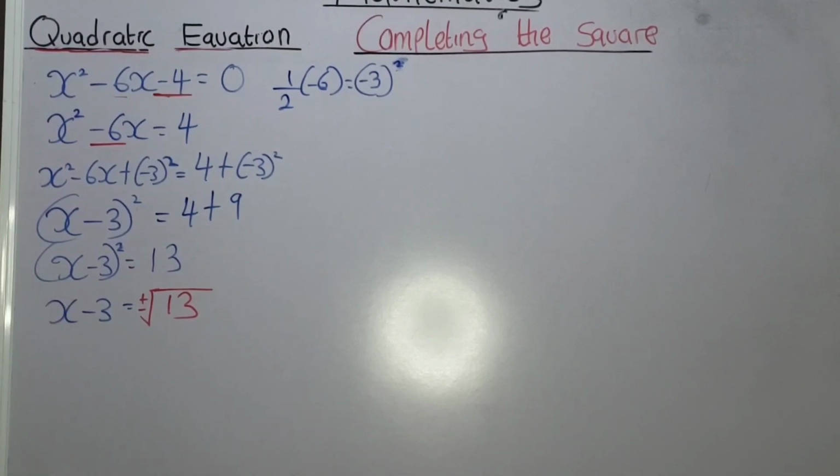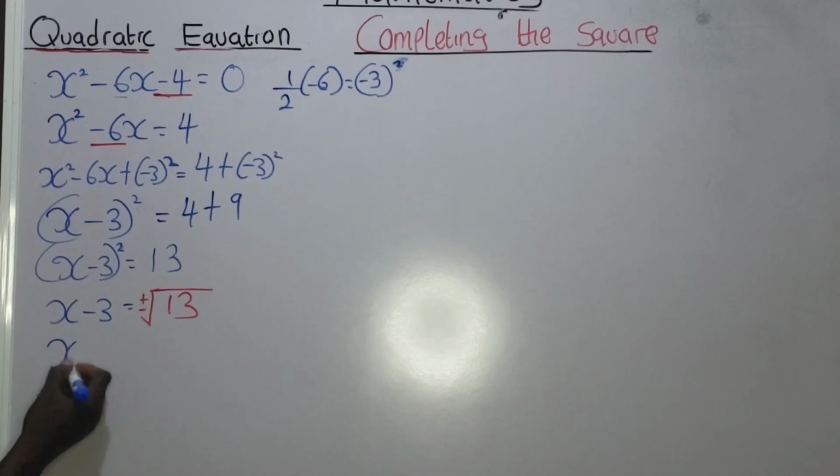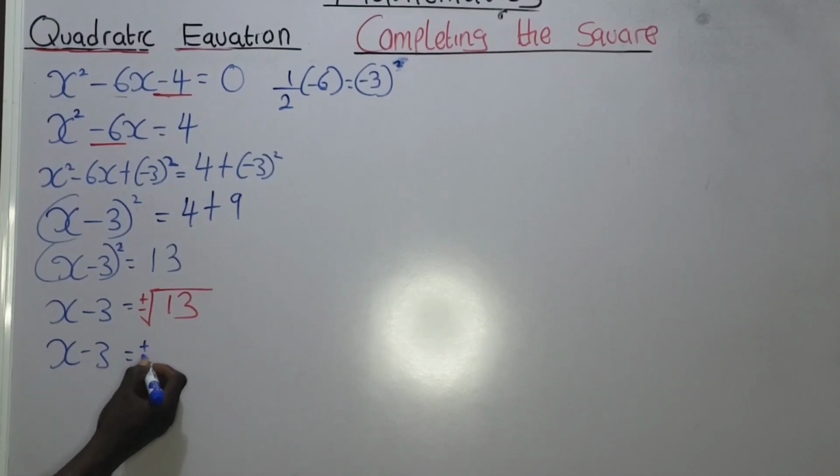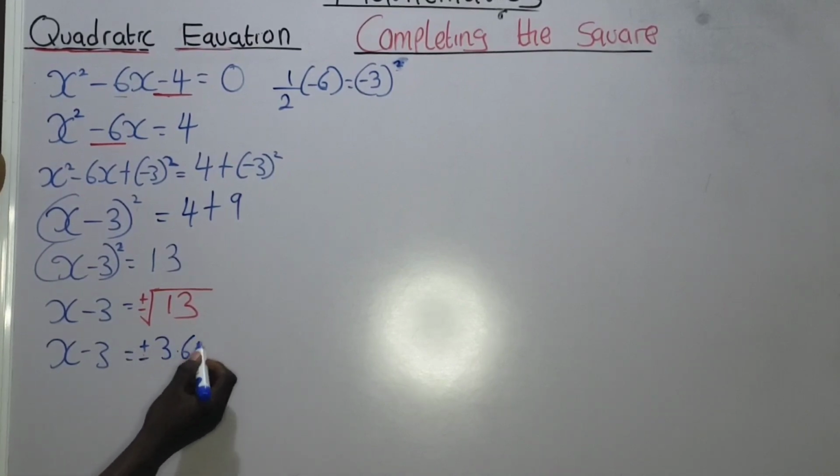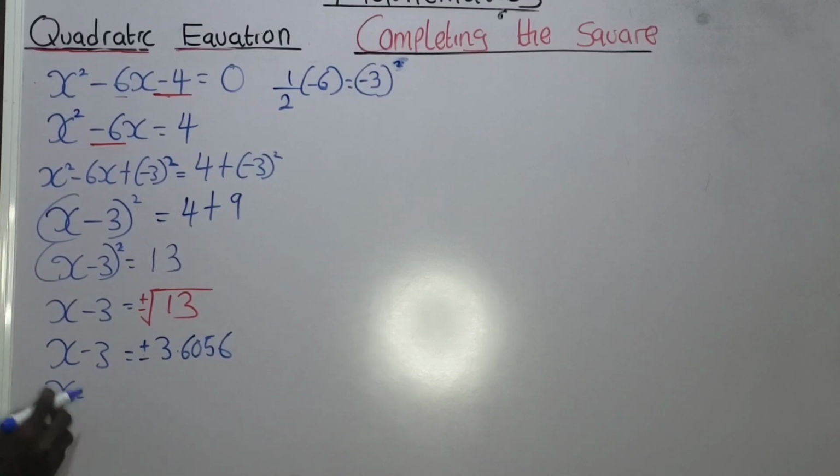The square root of 13 is, okay, let's proceed. x minus 3 is equal to plus or minus the square root of 13, which is 3.6056 plus or minus 3.6056. Okay, so here I'm going to have x equals to,